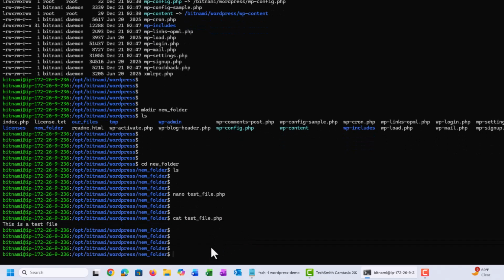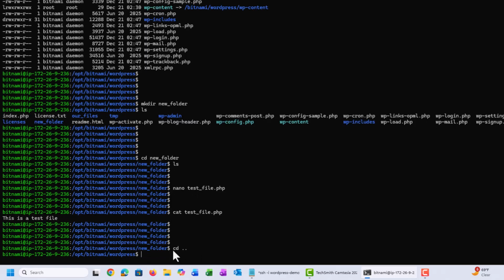So now let's say we want to delete the folder that we just created. Okay. First, in order to delete the folder, you cannot be in the folder. So we need to go back to the WordPress folder where the new folder is located. So we're going to do cd .. And then from here we can do rm and then